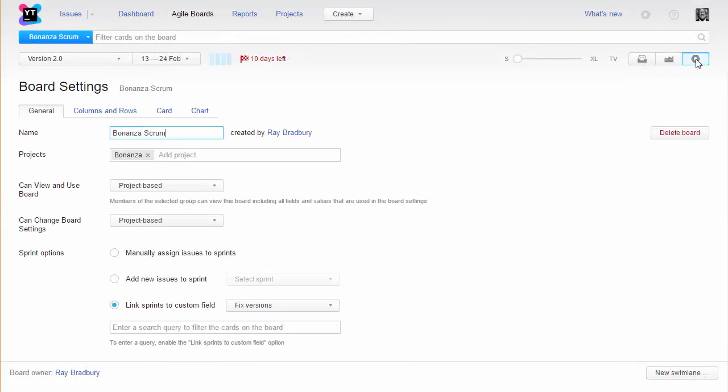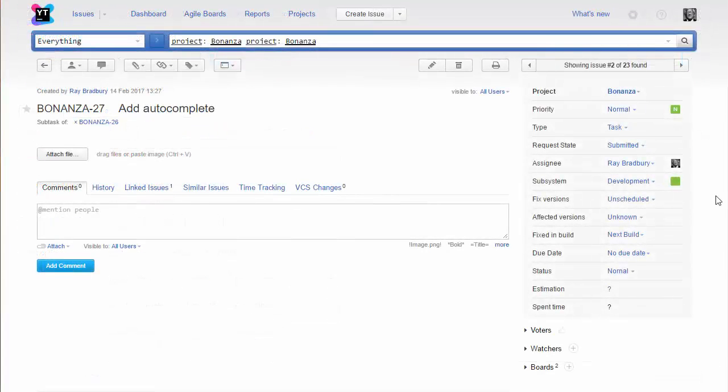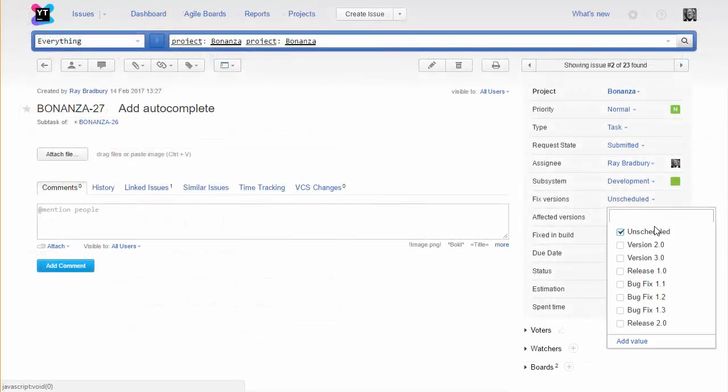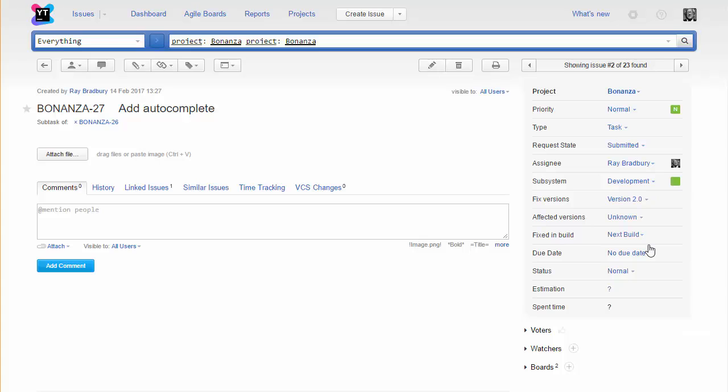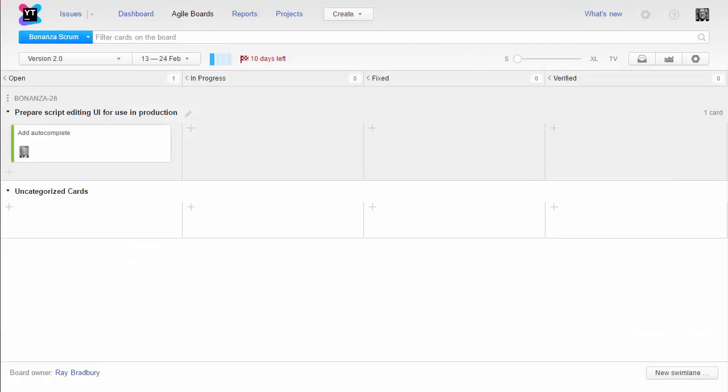Late last year, we released a few enhancements to the board settings. We returned the query setting to the board when you link sprints to a custom field. This lets you add cards to the board automatically when you change the value in the custom field to match the name of the sprint on the board. The most common approach is to link sprints to a version of the product in development. If the current development effort is to deliver version 2.0, any issue that is assigned this version is added to